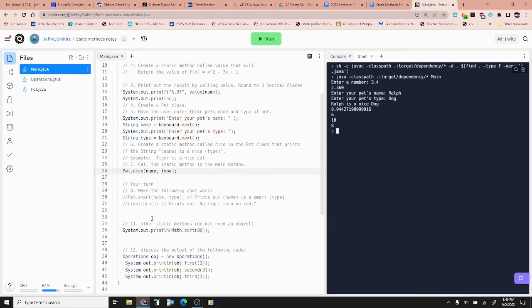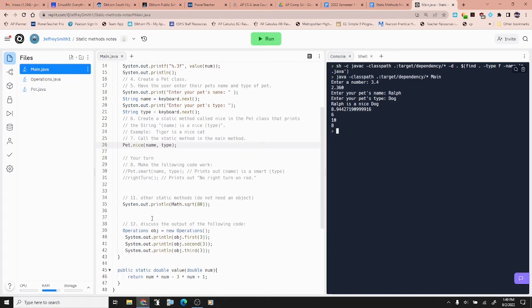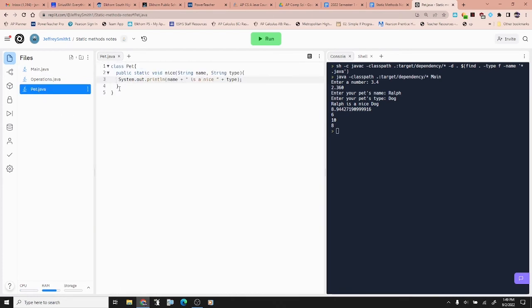Your turn. So I'll have the students try to make the following code work. So we're going to uncomment that. And then we'll uncomment this one. And so we need a static smart method that prints out Ralph is a smart dog. So public, it's called statically because we're using the class and not an object. Void smart, String name, String type,